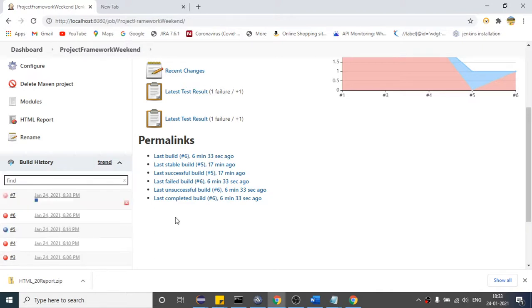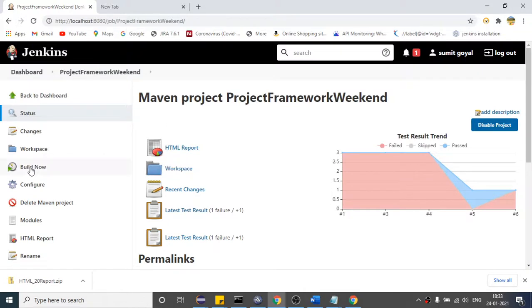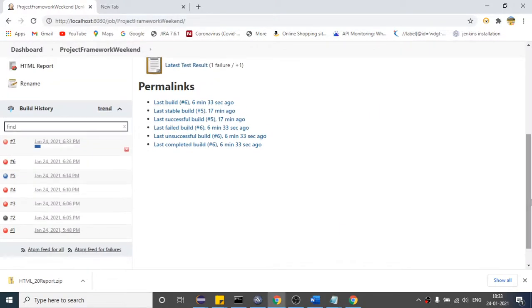Okay, so 18:33, you can see it has triggered automatically. So this is the magic of Jenkins. So you can play around, right? Again it will simply run this. Earlier we were doing this by builder, but now it is running automatically. So this part is clear to everyone, how you can schedule your run. Yes, yes, Sumit. Okay.